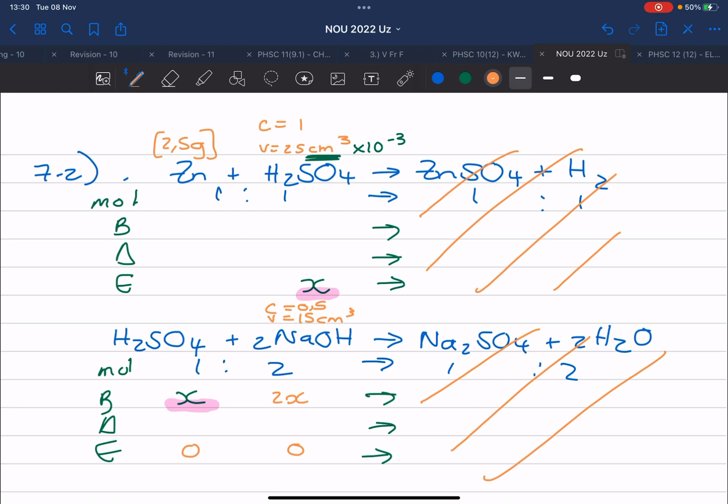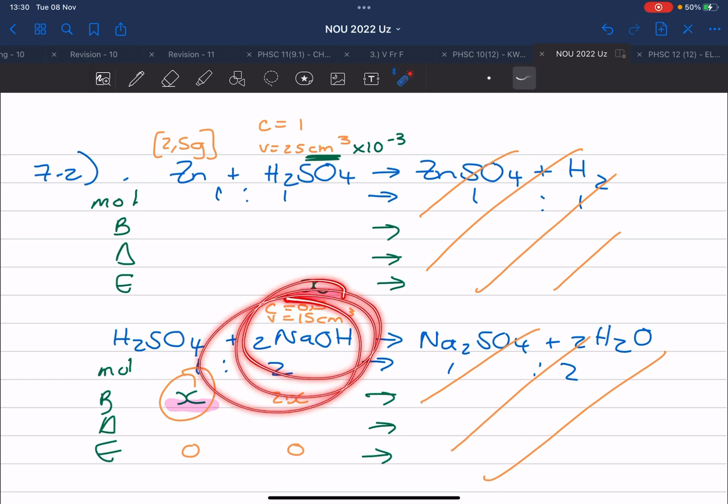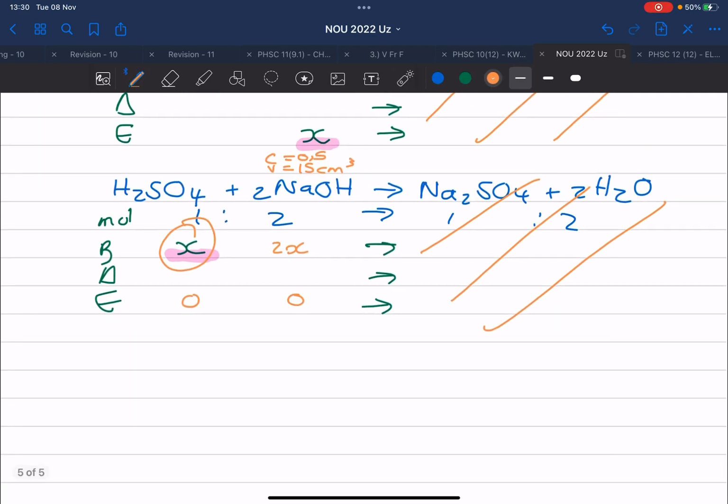Nee? Dus daar's niks oor nie, net genoeg, dit word getitreer. Titrated means just enough. 0 oor. So as ek weet met daai inligting wat is hierdie mol, dan weet ek wat is daai mol. Okay. Goed, hulle vra vir my daar, calculate the number of moles of sulfuric acid that was in excess. Dis presies wat hulle vra. Go calculate what is that X and how are you going to calculate that with the help of sodium hydroxide. So, ek gaan hier so sê